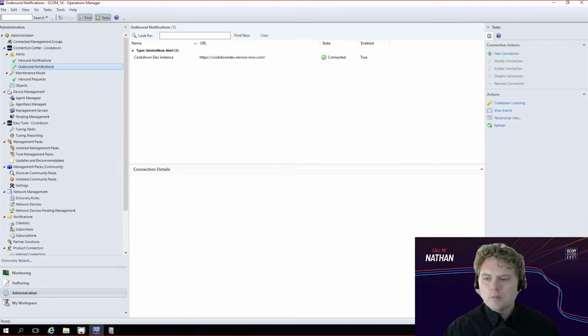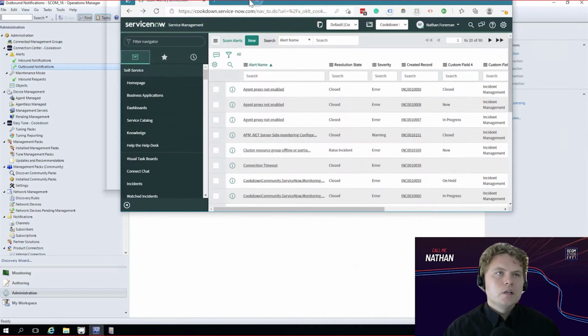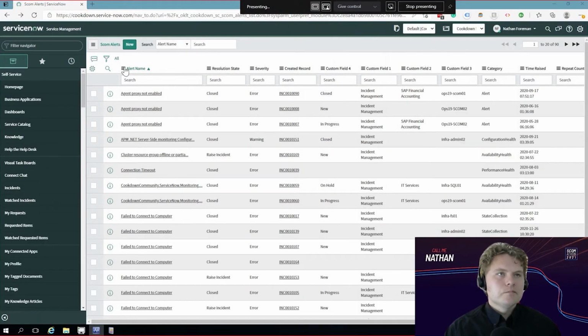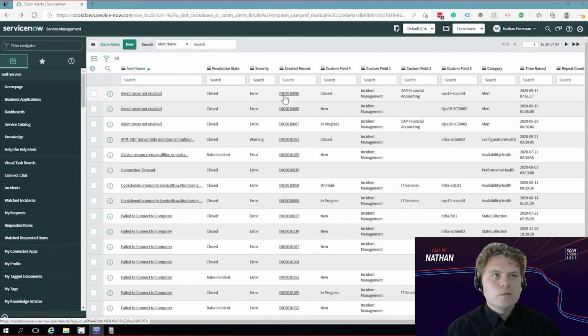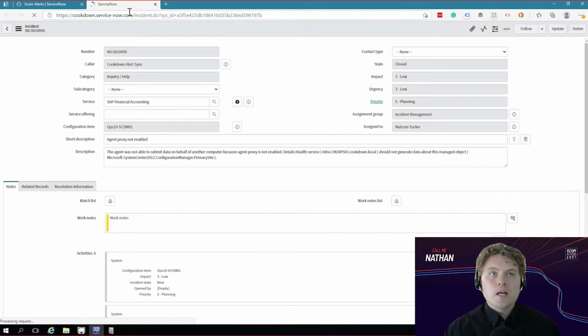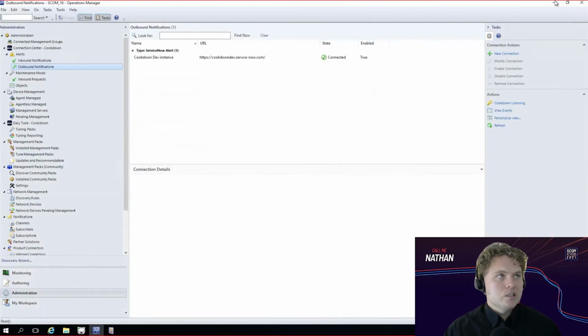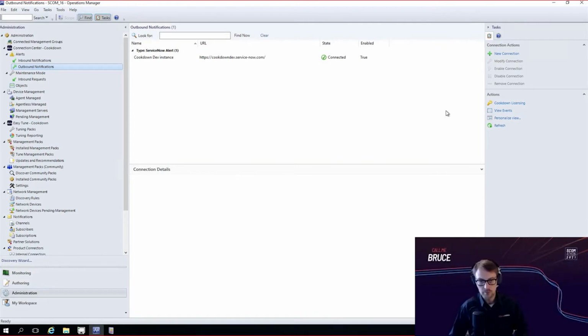If I just pull up a quick view from ServiceNow, it's the same view you're used to. So if you're familiar with that product, none of that has changed. It's just we've increased the breadth of what we can do. And just to say, if you're not familiar with what we do for ServiceNow, it's worth having a look at